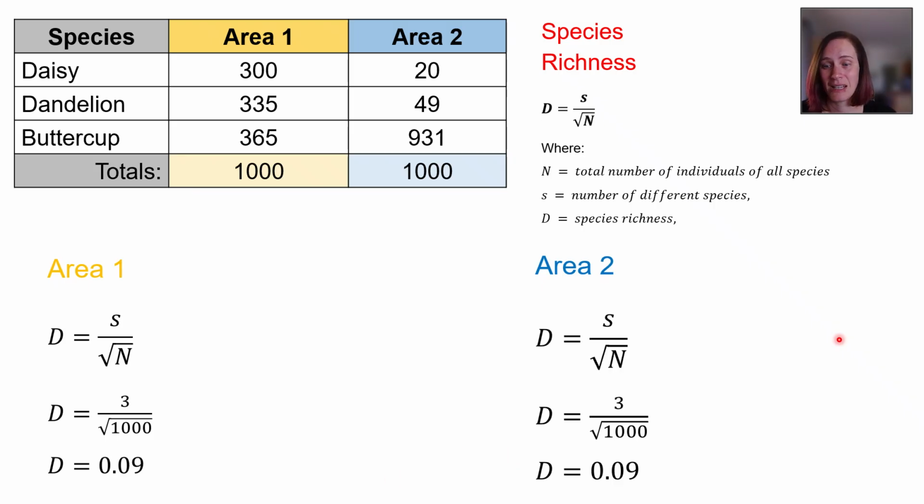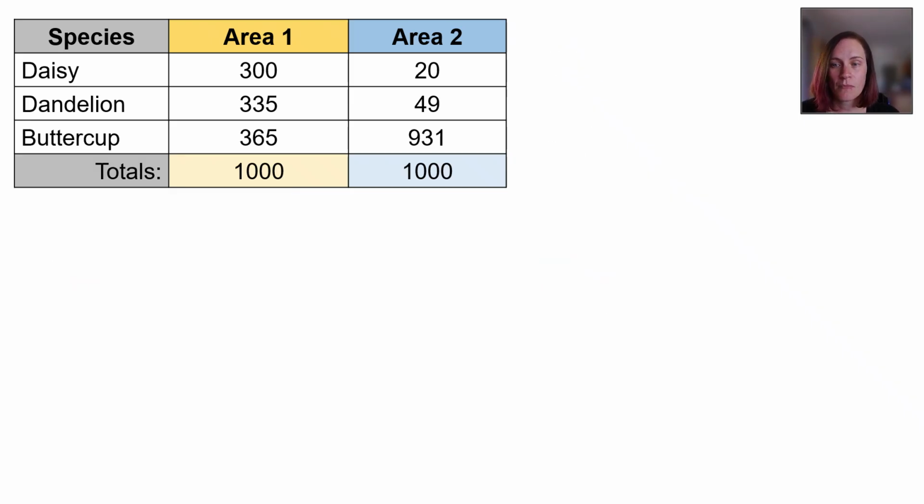We can see immediately there are big differences in diversity. We can see this one is dominating, but this number, as the only measure we've done so far, is telling us that these areas are exactly the same in terms of biodiversity, which we can see is not the case. So we are going to consider evenness or relative abundance in this situation, and the way we